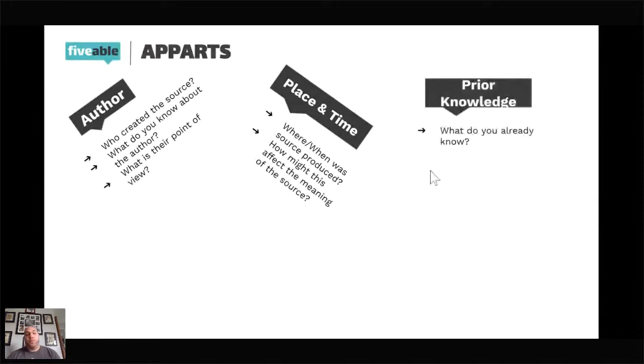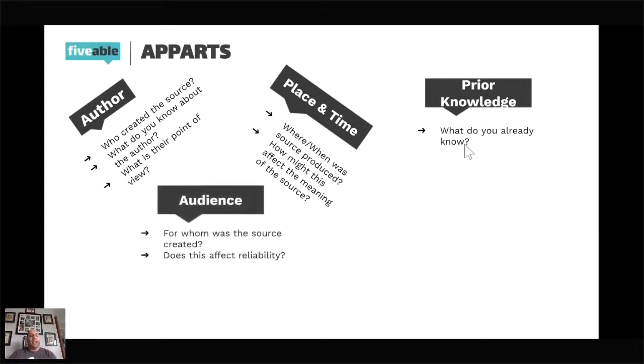So from there, we go to prior knowledge. What do you already know? This is the one thing I always tell my kids, that when you read the source of a document, that should automatically give you some information of what the document's going to be about. So if we go back to our witch trial document, that should bring up the Reformation. It should bring up the ideas of education, women and society and the family, things like that. Those are what we call activation synthesis in psychology, where your memory starts activating different parts that you really should be bringing up when you're analyzing a document, because it makes it easier for you.